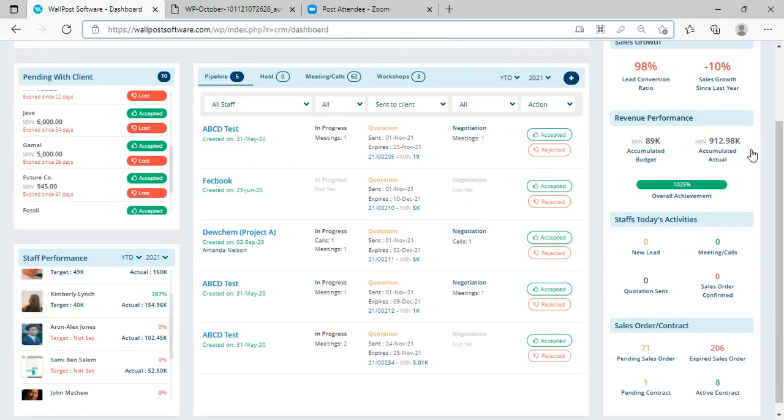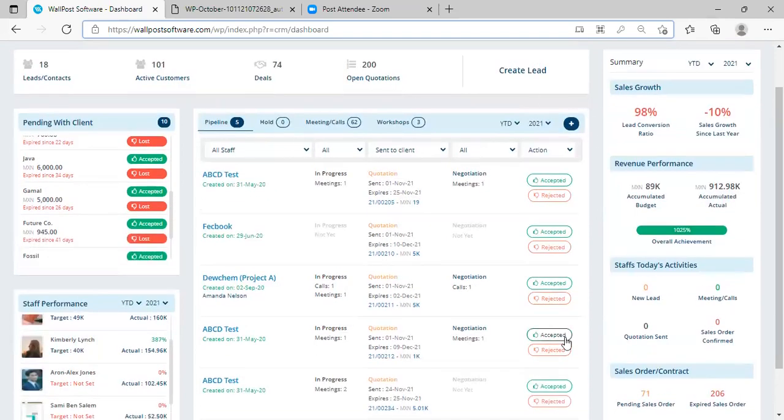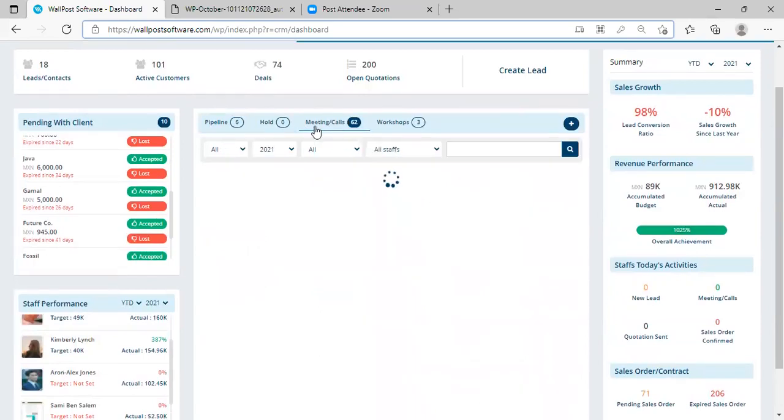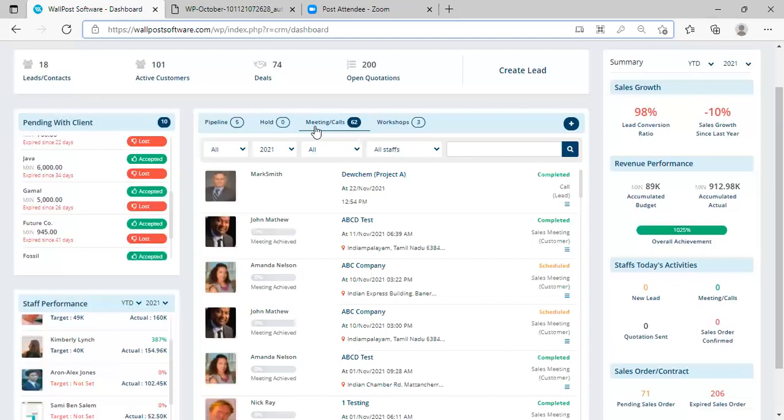Again, in the center, you will have an option to see what is the status of all your proposals that are actively running. If there are some negotiations going on, you can see it from here. You can see if there are some meetings that are scheduled for talking about the proposal or the project.